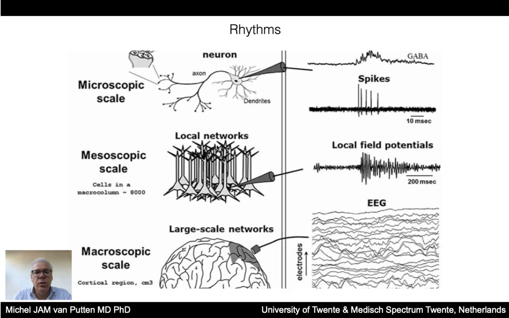The movie I just showed was a recording of a local field potential where an electrode is placed very close to several neurons, and that allows us to record spikes as well, but not necessarily from a single neuron, but from multiple neurons, essentially reflecting the various action potentials that are generated in the assembly. And thirdly,